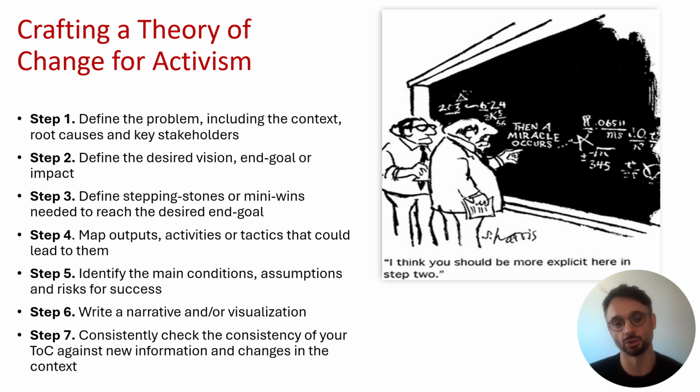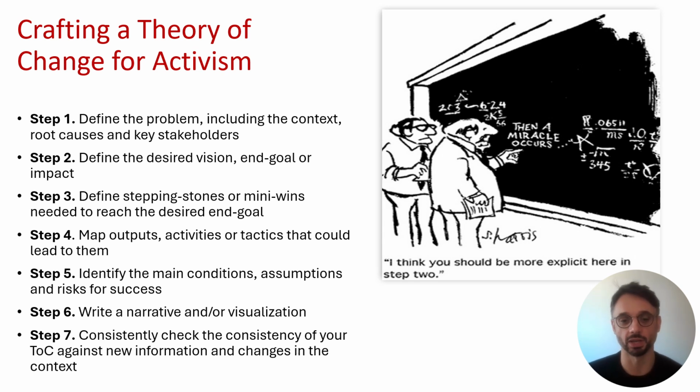The next step is to craft a desired vision or end goal of the kind of impact you want your activism strategy to have, the vision of the good life or a new world that you intend to bring about. The next step is to think about the stepping stones or mini wins that you as an activist or as an organisation or group of activists need to achieve in order to reach that vision. Very rarely is your theory of change going to take the form of if X then Y. There's going to be lots of little mini wins or little goals that you need to achieve or succeed at before your grander vision can be realised.